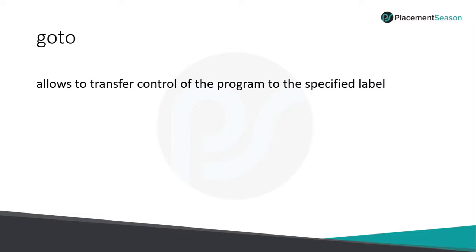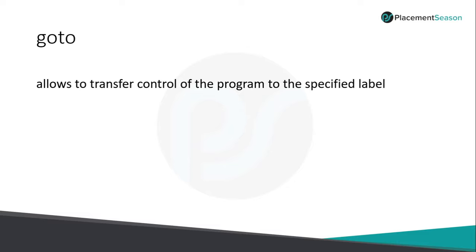Next, let's move on to one more statement that is called the goto statement, which is available in programming languages like C and C++, but we suggest you not to use goto statements. If you are from an electronics background like CSE, IT, ECE and EEE, you would have learned microprocessor or microcontroller in your regular syllabus. In that you will be using a goto statement and label to go to different statements. The same you can do in a C program, but we are suggesting not to use the goto statement. Why?